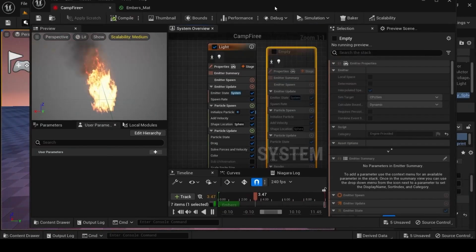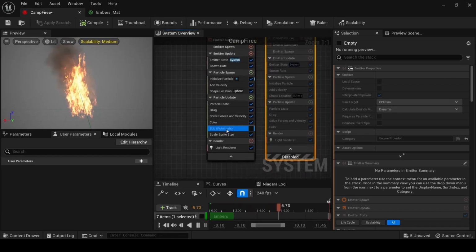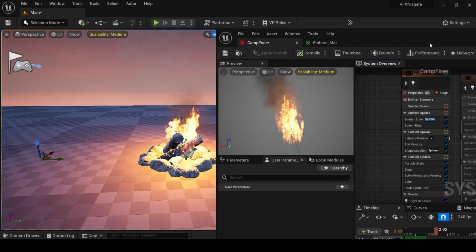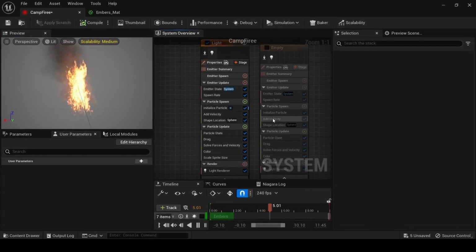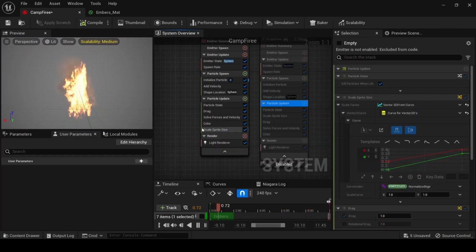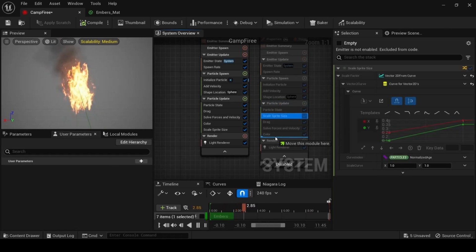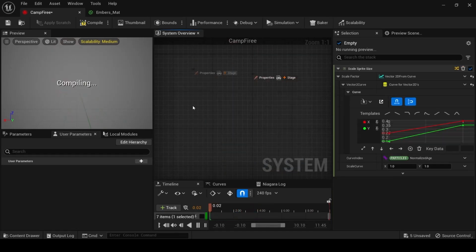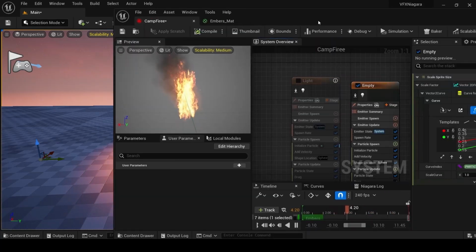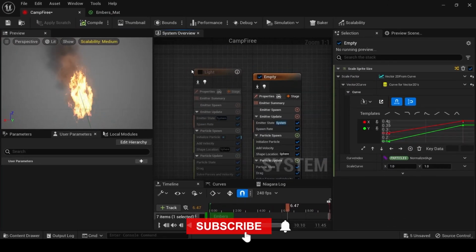Yeah, it's the same. We don't need this sub-UV animation here. It's not a sprite sheet. Okay, we'll delete it. And scale sprite size. Let's add it. Perfect. Let's see the result. It's totally the same. So we are ready with our